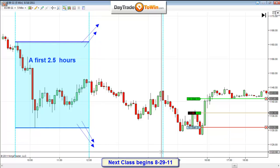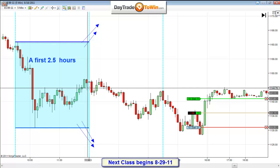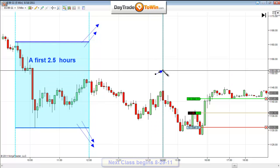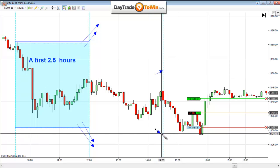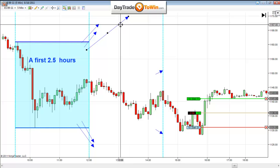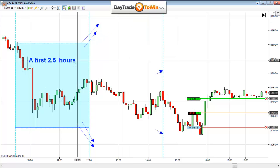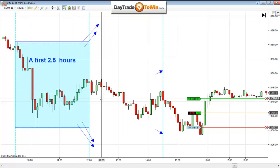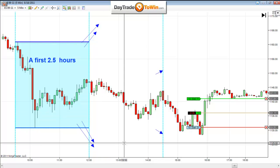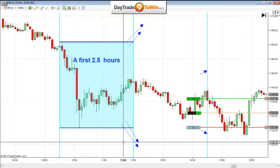And specifically, I need to have this happen as early as possible. If it happens towards the end of this quadrant, or by 2:30, it's too late. I want to see it push and continue higher within the first hour, maybe by 1 o'clock, 1:30 maximum. That will prove to me that we have a trend in place. Okay? Let me take a look at